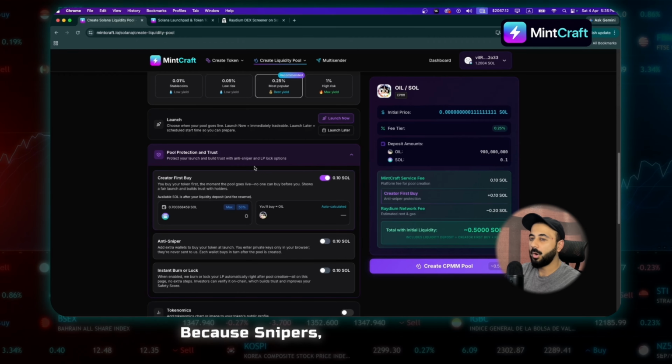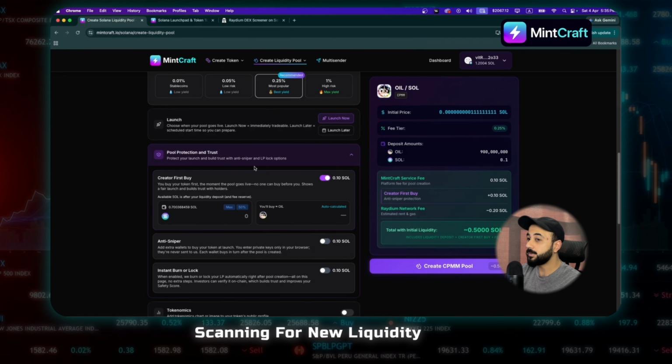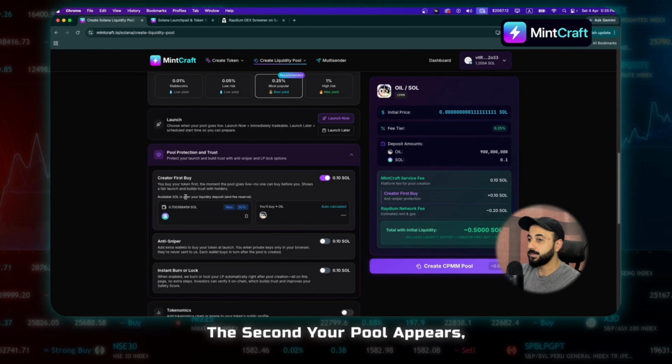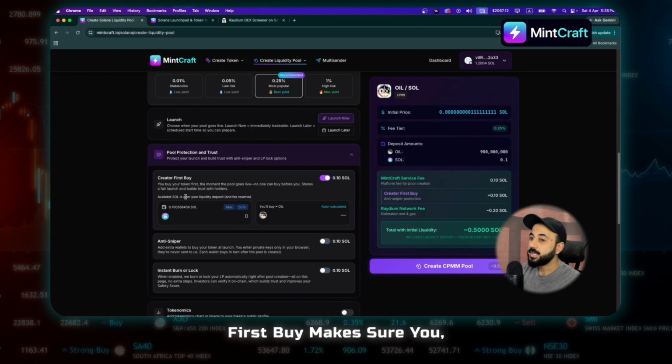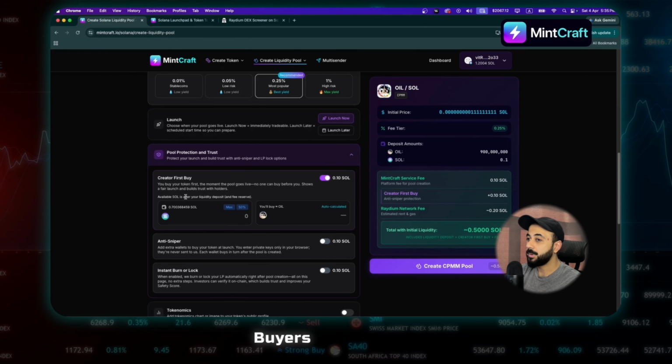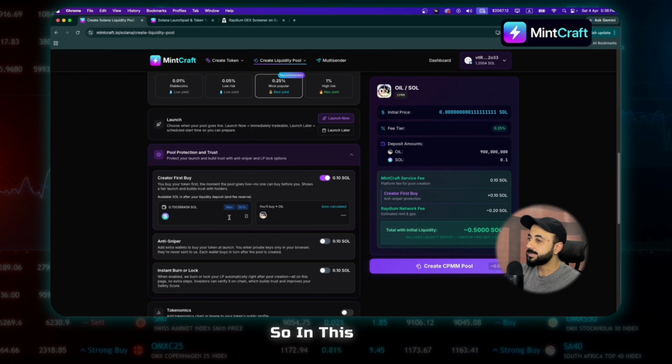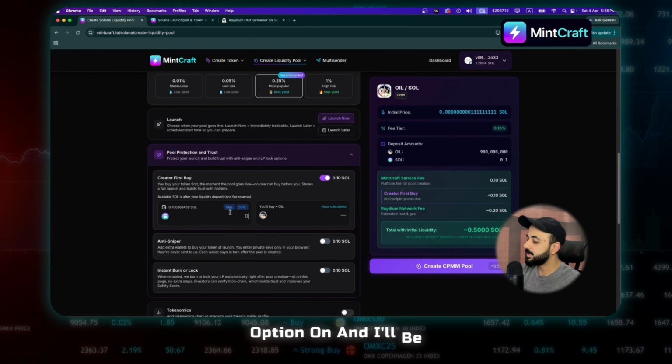Because snipers and bots are constantly scanning for new liquidity pools. The second your pool appears, they buy before anyone else. First buy makes sure you, the creator, are the first buyer, not the bot. So in this case, I will be turning this option on and I'll be using 0.02